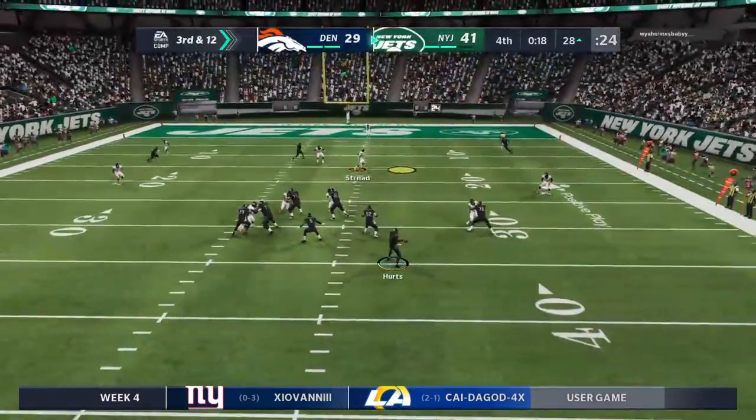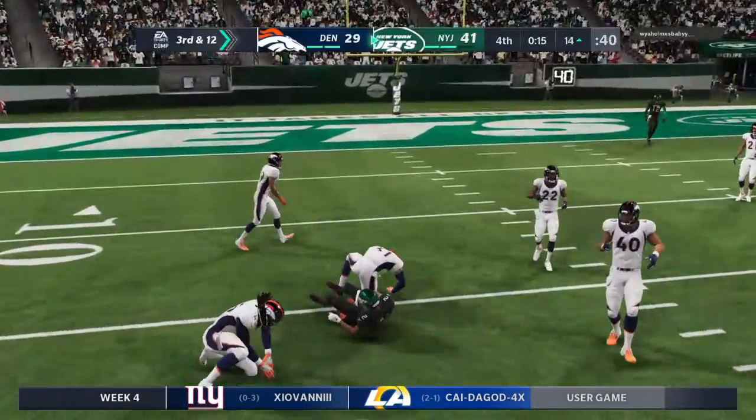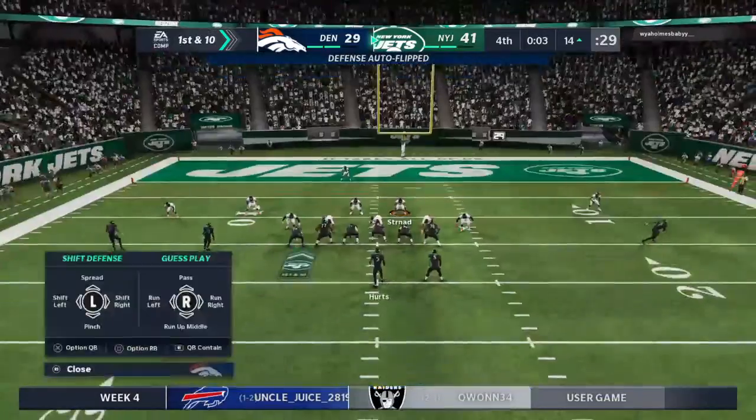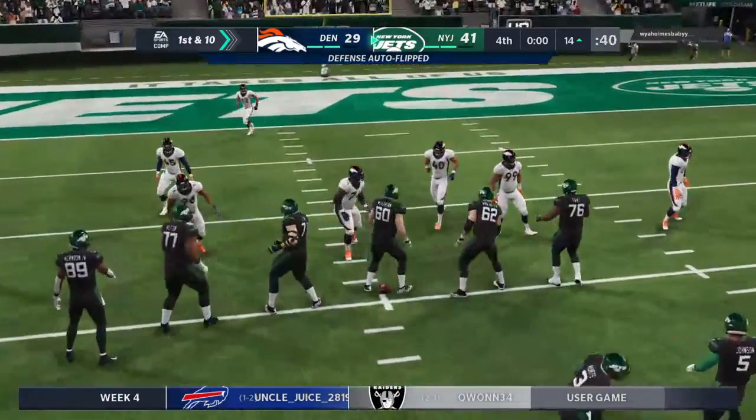Off the play fake, here's Hurts. And Ginn's got it. And they'll work it inside the 15-yard line before it's all said and done. That's good for a Jets 1st and